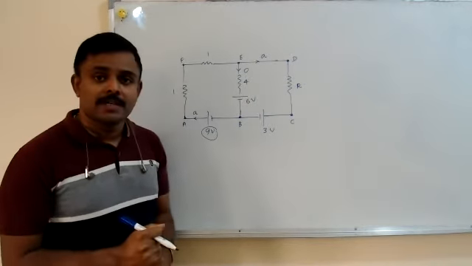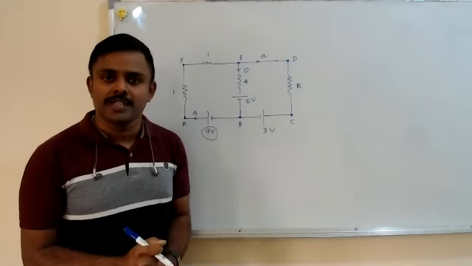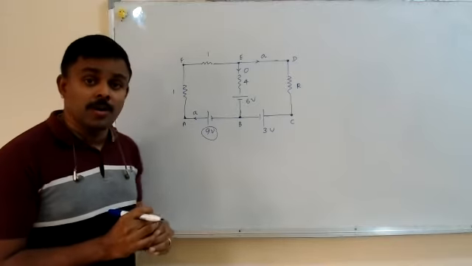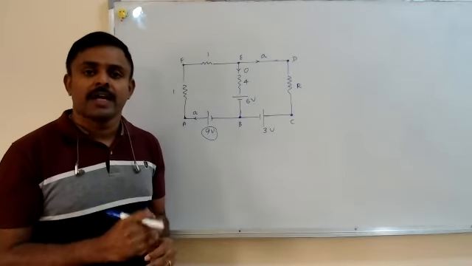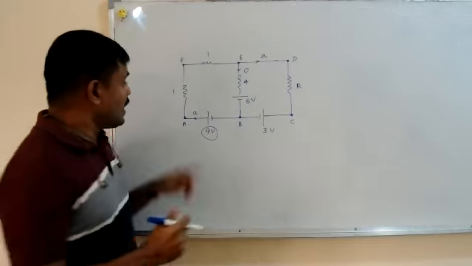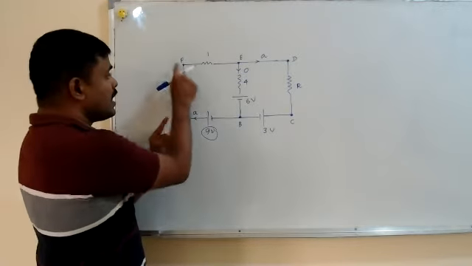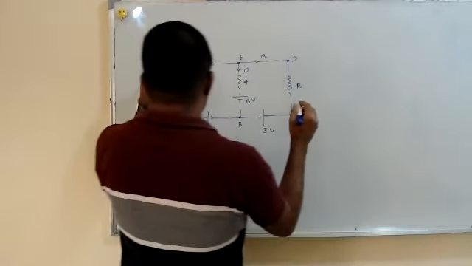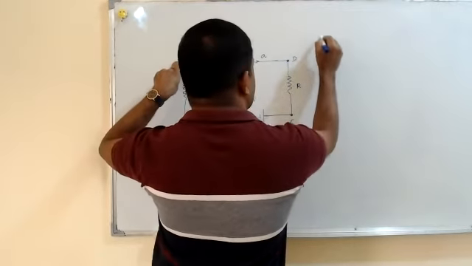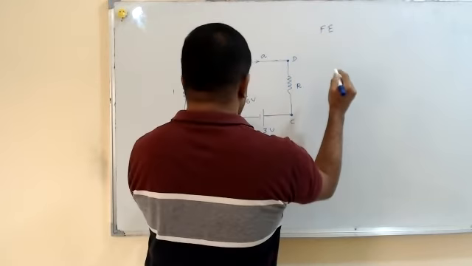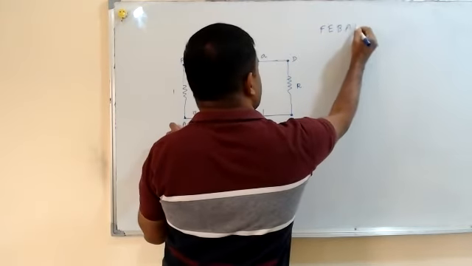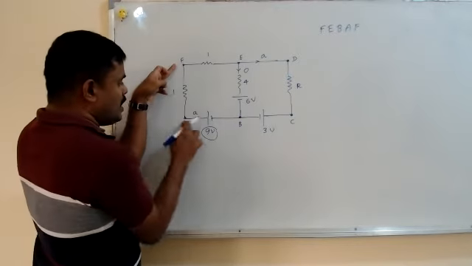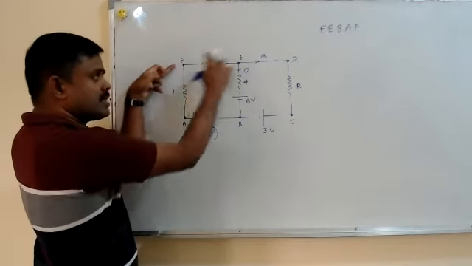Now what is the next step? You have to choose a loop, choose a starting point, and walk in any direction you want. I'm choosing this loop. I could choose whichever loop I want. I'm going to choose this loop first, and then the bigger one second. Look at the loop that I'm choosing now: F, E, B, A, F. I'm starting from F. See this loop.